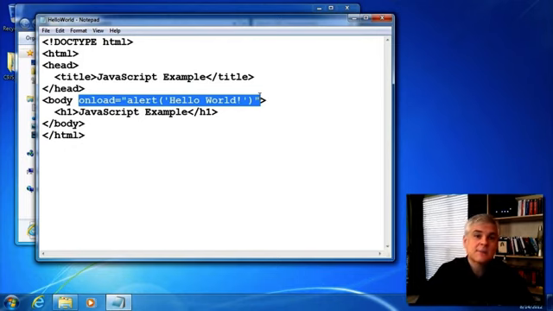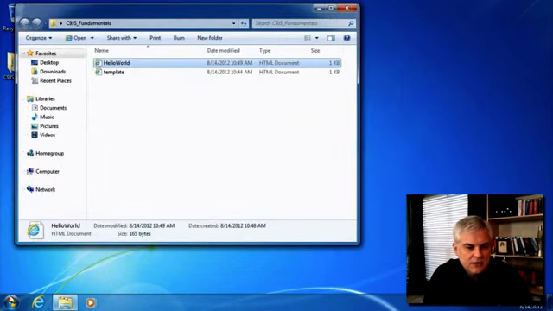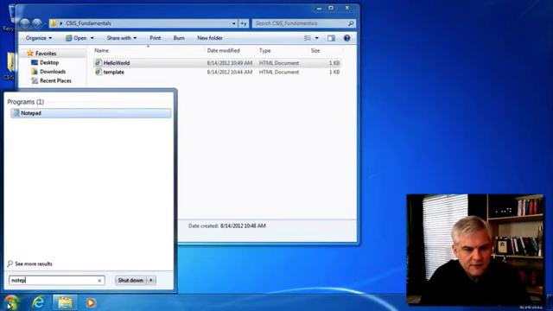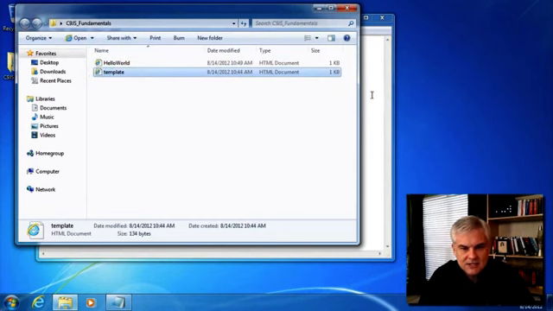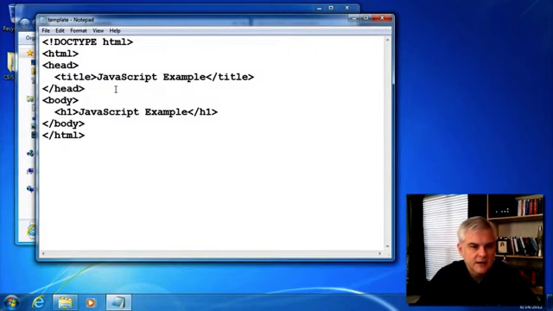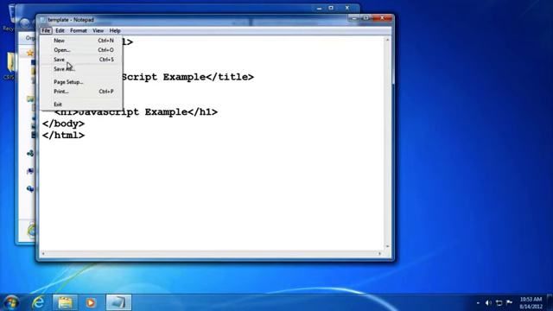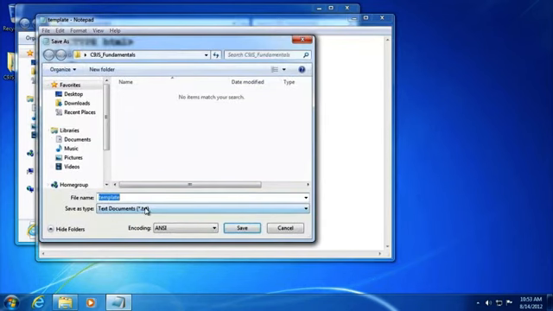Now eventually we're going to talk about all the techniques that you can use to add JavaScript into your web pages. But let's try a second example that's a bit more practical. And so I'm going to go through the same exercise of opening up a fresh version of Notepad and then dragging our template and dropping it into the open area here. I'm going to save this as, changing the save as type to all files and making sure the target folder is c9js_fundamentals. And this time we're going to call this